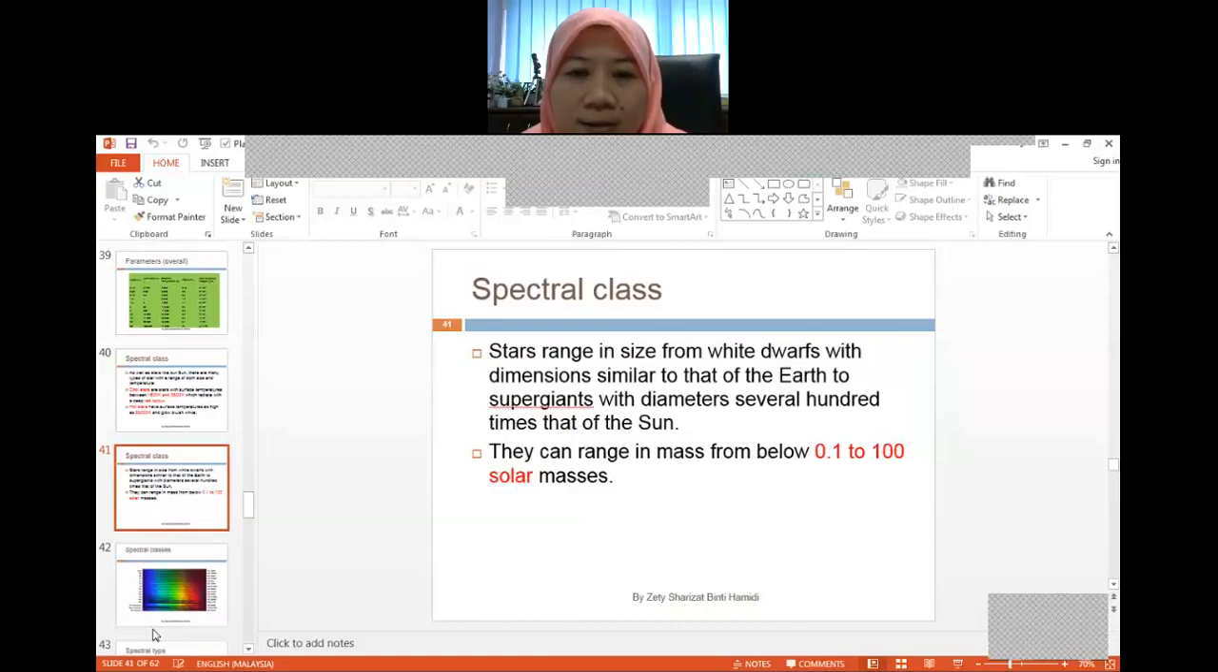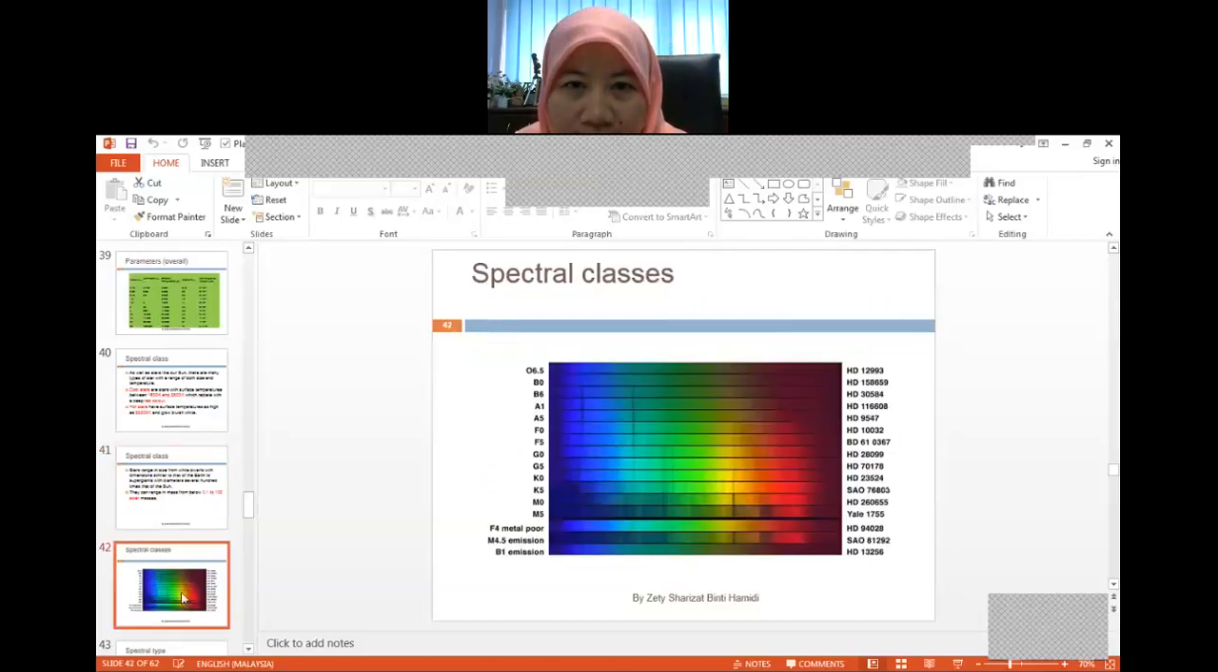And the size can be up to several hundred times compared to our sun. And this is the schematic diagram of the spectral class with the HD, which represents each star. If a star doesn't have any name, you can use a catalog name, such as HD 12993. So this is actually one of the stars, and the spectral class type is